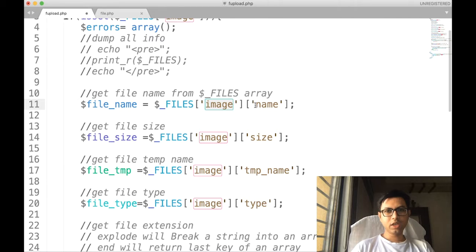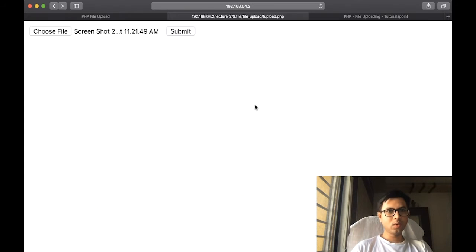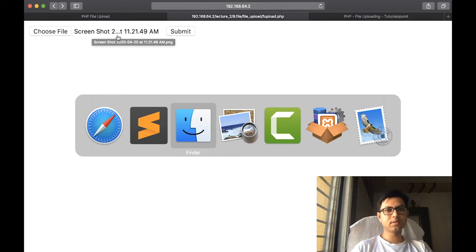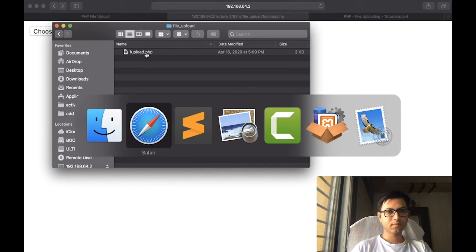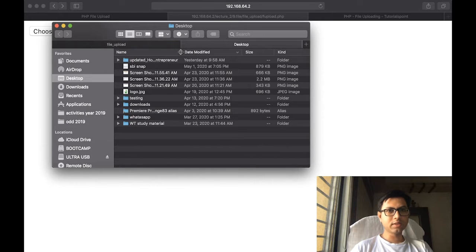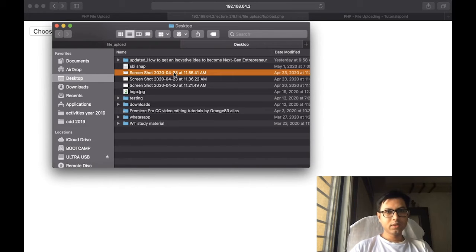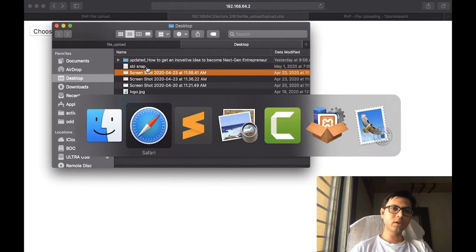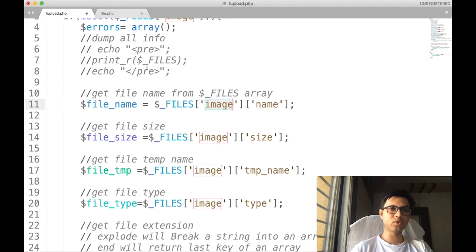Among them, if we want to extract only the name of the file, that means only this much, that means in Explorer, this is the file name. So if we want only this file name, not the whole path, because this file resides on the desktop, but we want only the file name, for that we can use this syntax.